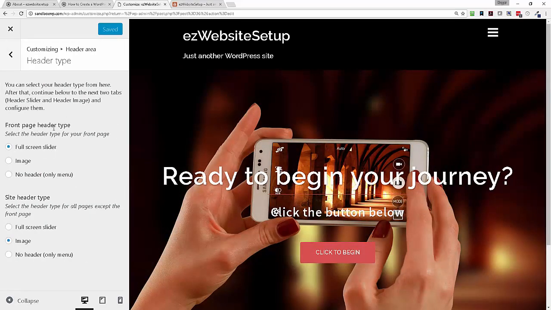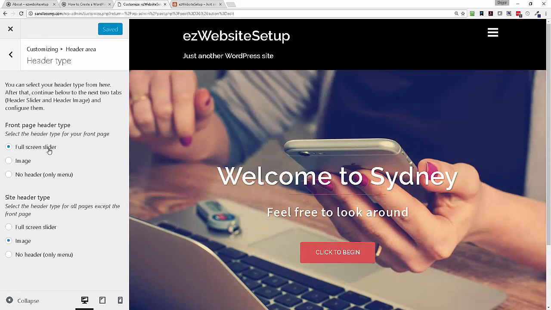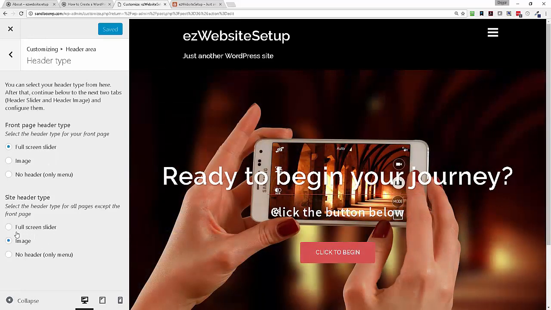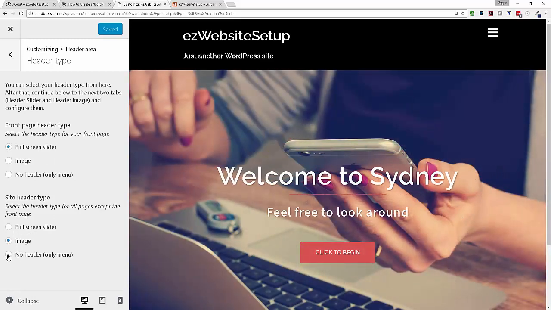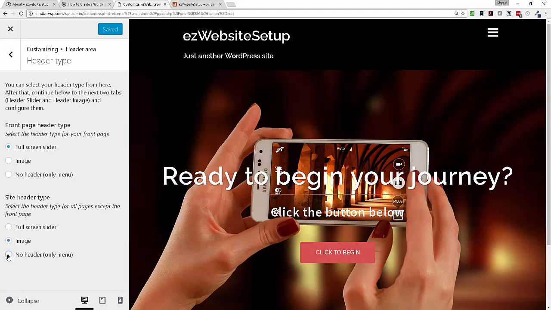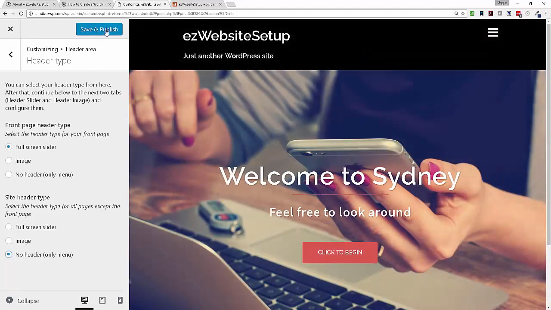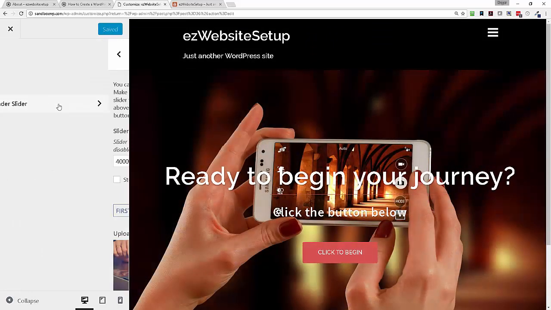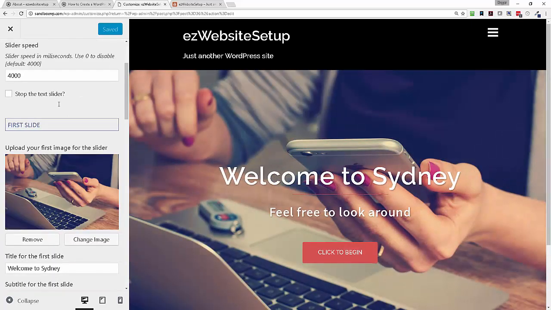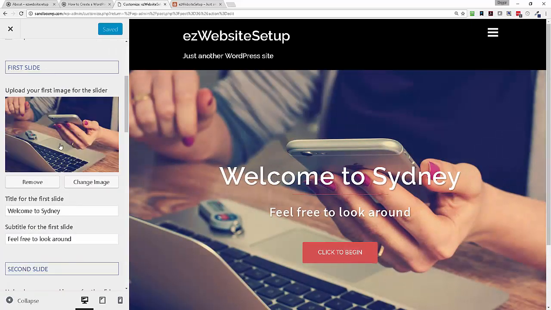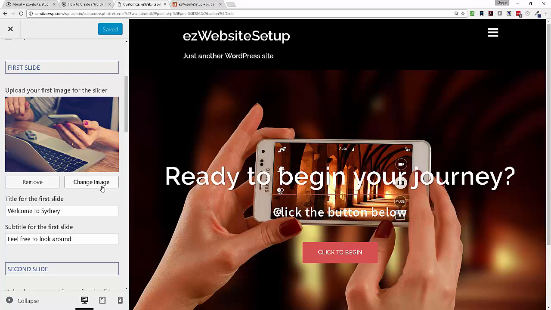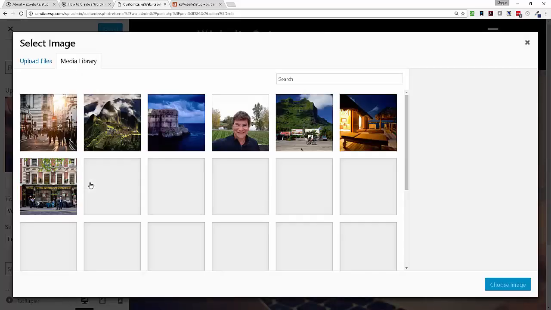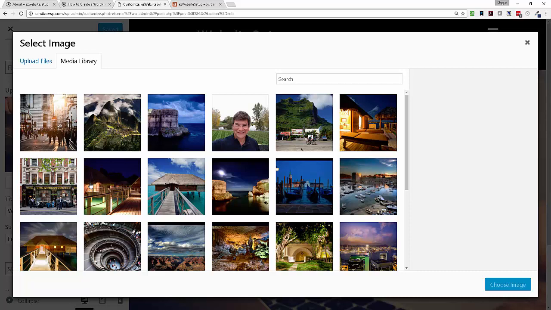Where it says Front Page Header Type Full Screen Slider, that's fine, but down here under Header Slider, we're going to say No Header, Only Menu, and then click on Save and Publish. We're going to go back one, and go down to the header slider. We're going to change this image. So we're going to click on Change Image on the first slide, and the image that we want,